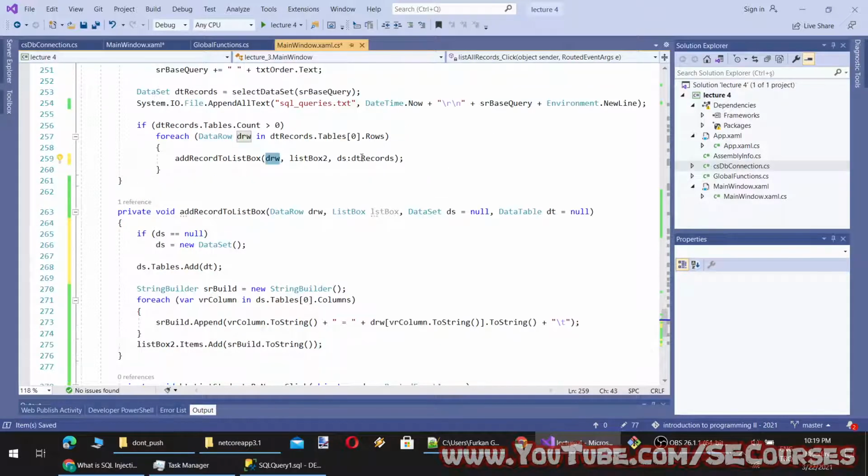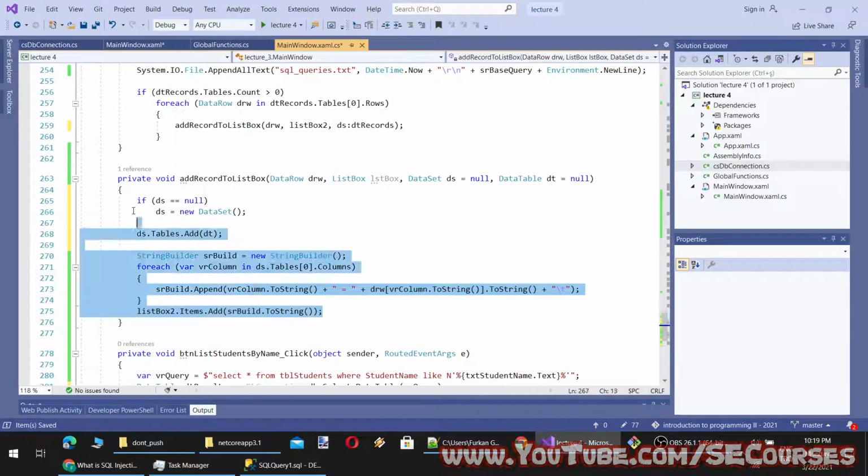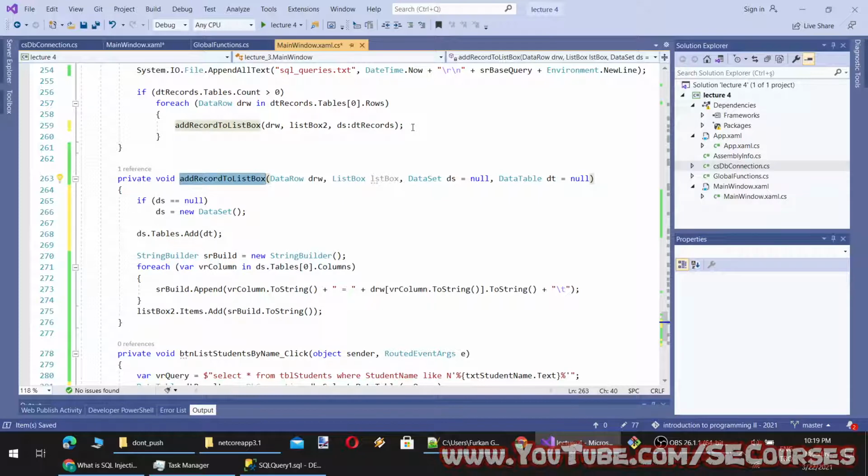So it is not like we are copying and generating different instances of these objects. We are just sending their reference, their address to our method. Therefore the changes that I make to these records in here would be reflected here as well, or anywhere.